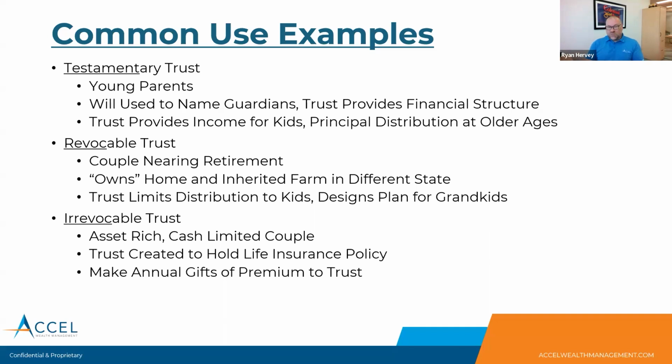And so if she gets a divorce, in theory, those assets are going to be part of her divorce proceedings. If she dies, they're going to be a part of her estate proceedings. So the trust allows that thing to stand alone. Because if you recall, when you die, your trust becomes irrevocable. So it's now its own independent entity. It files its own tax return. It has its own taxpayer ID number. So that carves it out. So it's not part of your sister's estate. Even if she's the trustee, she's acting as the fiduciary for the trust. So it's not going to be affected by what happens in her life.